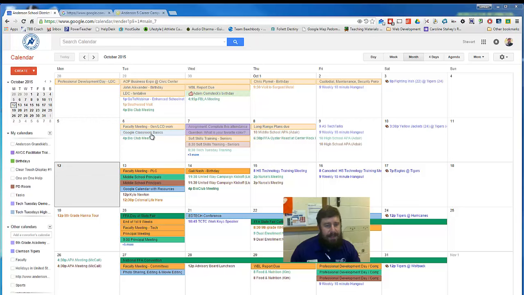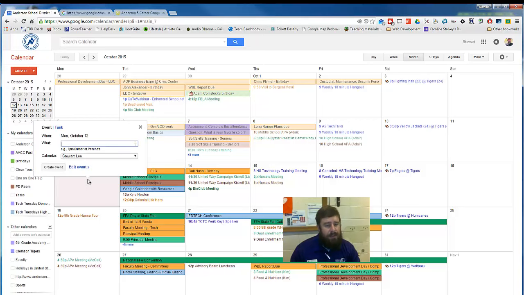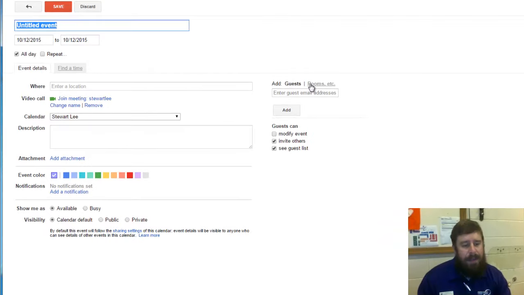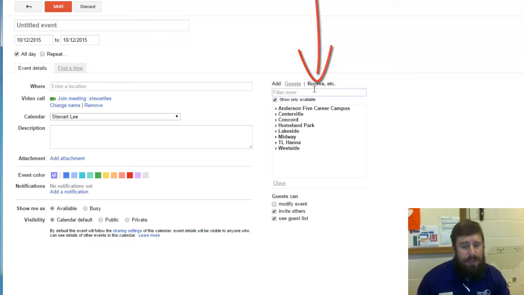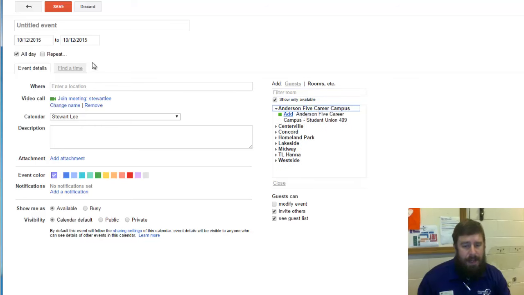Now, the last thing I want to talk about really quick is resources. So if we have an event and we want to use a resource, the two resources we have at the Career Campus is the Student Union and the PD room. So if you want to reserve one of those rooms, this is how you do it. You create your event on your calendar, okay, whatever calendar you want, and then you come over here where it says add guest. We're not going to add a guest, we're going to add a room. So where it says rooms, etc., we're going to click on that. And we're going to click on Anderson 5 Career Campus. And it gives us,